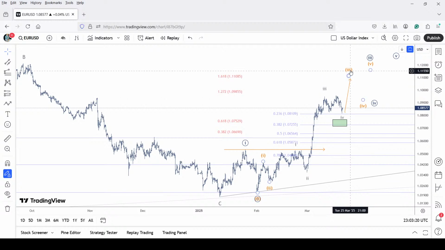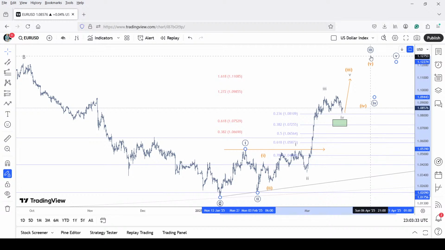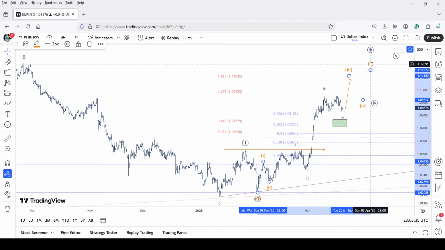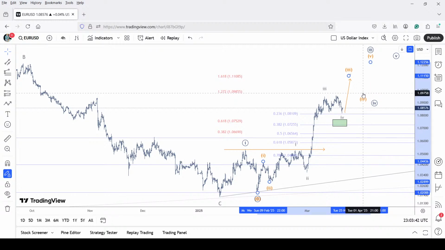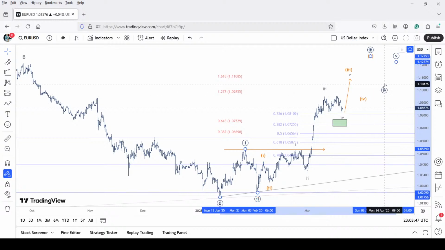So if we have minute wave 5 above 1.11, minute wave 3, then we will have 4 and 5 to complete minute wave 3, which will certainly go about 1.1275 going forward. And then it would be wave 4 lower of minute degree,